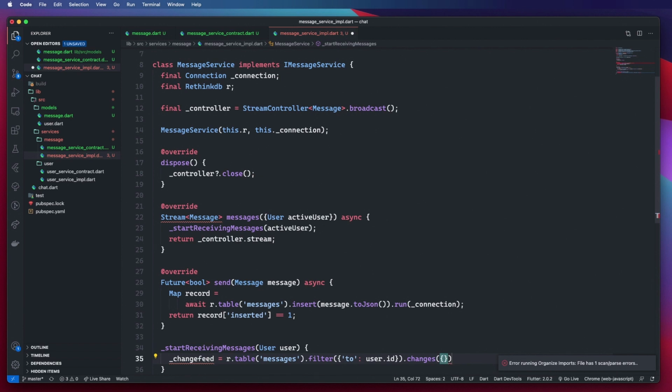And I'm going to give it a property that says include initial, and this will include the initial changes, so that if you are just subscribing to the change feed but there are messages waiting on the queue for you, then you will immediately get those messages and not have to wait until there's a next change happening on the database. So I'm just gonna say run, pass in my connection,